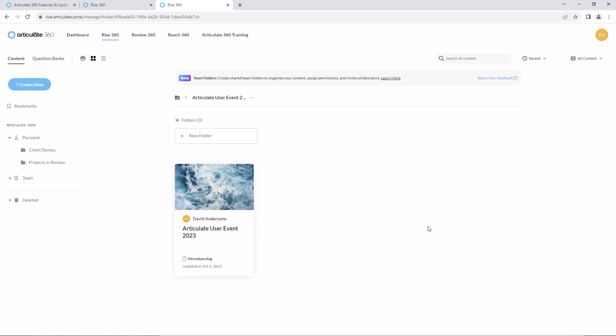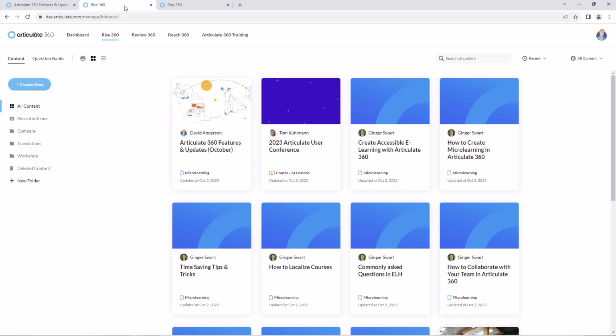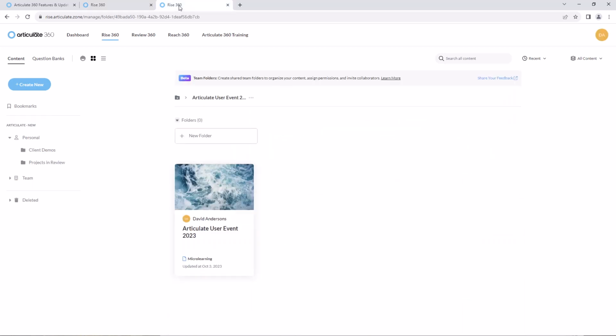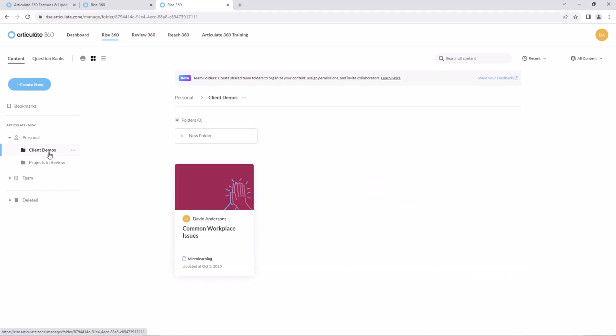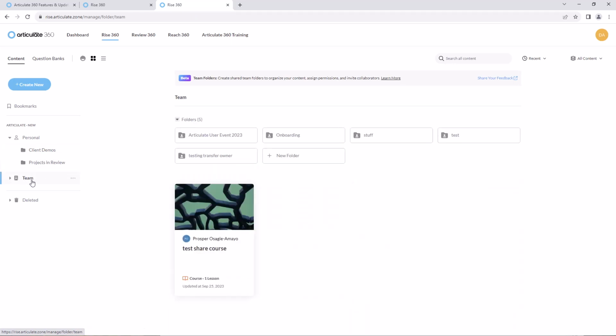All right, there's a lot more we can do with this. This is dropping tomorrow, so you'll have access to this. You'll see the update again today. This is what your dashboard looks like, and then you'll see the enhanced updated dashboard tomorrow. Bookmarks are going to make your daily workflow a lot easier. You have the concept now of nested folders for both your personal as well as team. And then, of course, the team folders, a fantastic way to manage your different permissions and how you can share those with the rest of your team or specific collaborators.